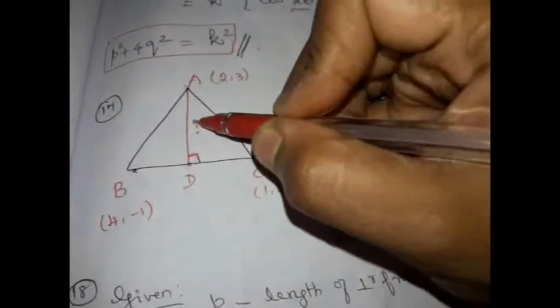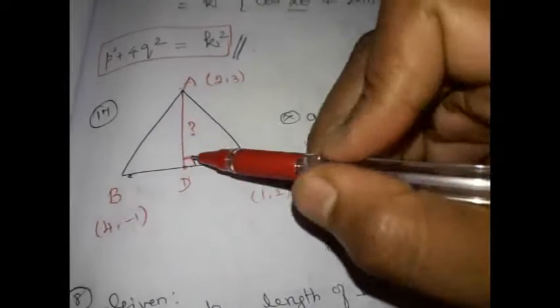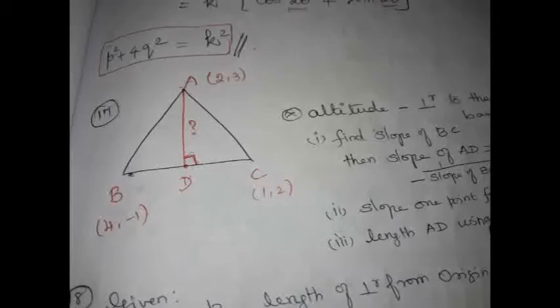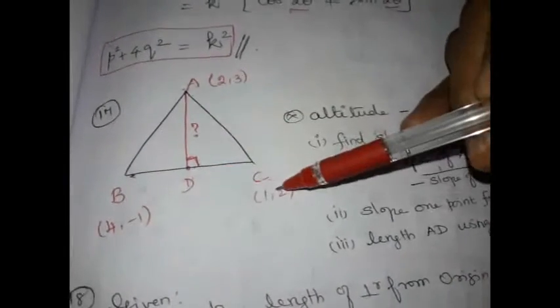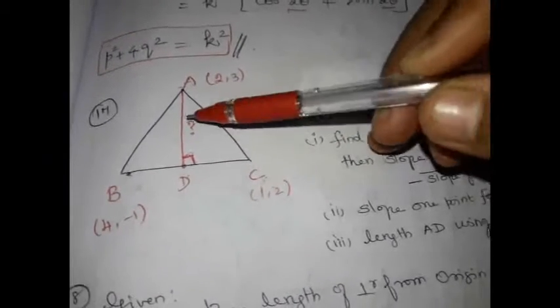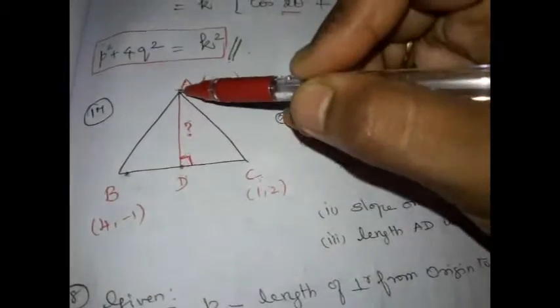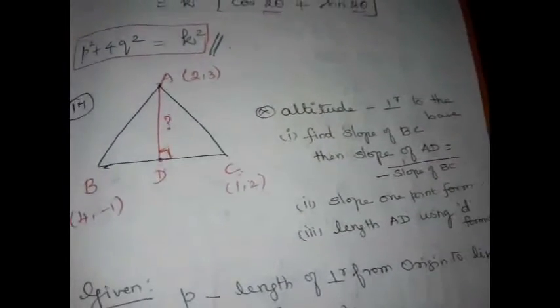Now first let us find the equation of this altitude. How will you find the equation of this altitude? To find the equation we need a minimum of a point and a slope. Right? Since it is perpendicular, immediately what will strike our mind? Slope only. So we can find the slope of BC using the 2 points, y2 minus y1 divided by x2 minus x1. And if we negative reciprocate it, that will give the slope of AD. And also A lies on AD, therefore slope 1 point form. Using slope 1 point form, we can find the equation of AD, right?